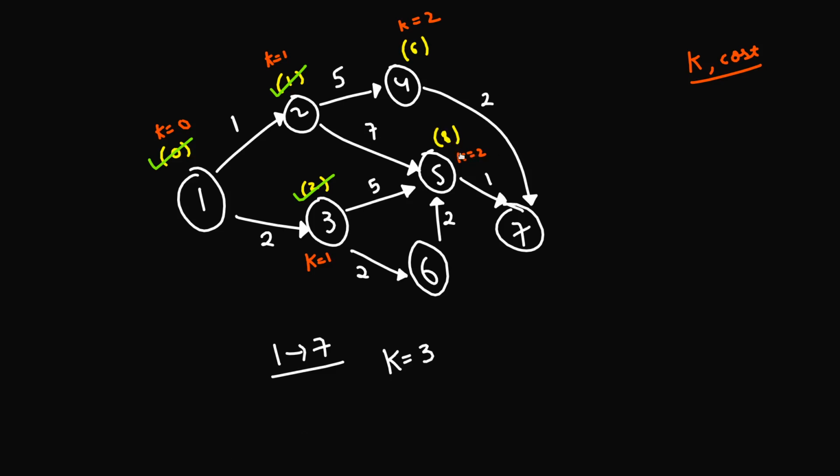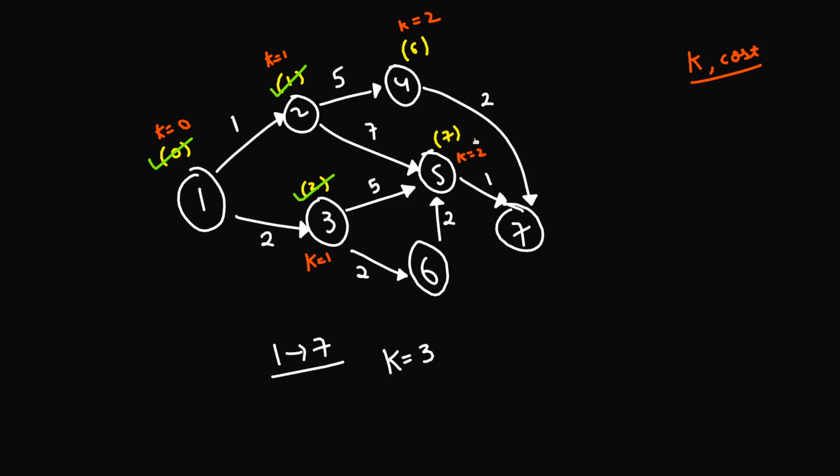So before, I had a cost of 8 with the k value as 2. Now I have a cost of 7 and the value of k is still 2. In this scenario, do I even need to store the value 8? No, right? Because I can reach this city with k equals 2 and with a lesser cost, which is 7. So I don't need to store this cost 8. I'll just remove it and use the cost 7, because with k equals 2 I can reach this city with a lesser total cost of 7. So I'll be updating the value of this city.